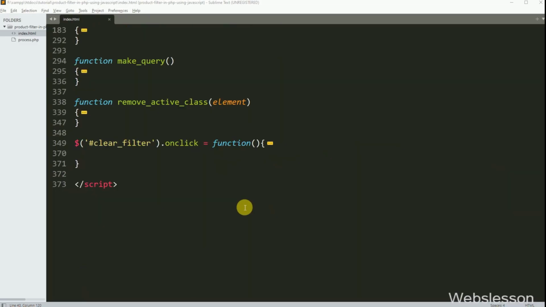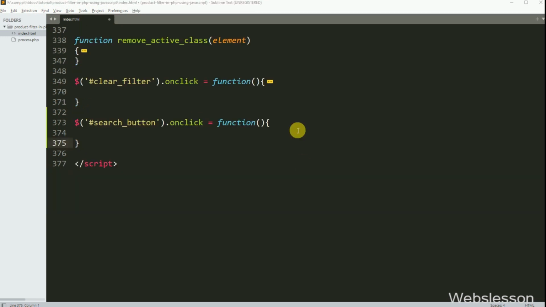For this, we go to the index.html file, and here we have written $("#search_button").on("click", callback function). So when a user clicks on the search button, this block of code will execute. Under this block, we have written a search_query variable equal to $("#search_textbox").val().